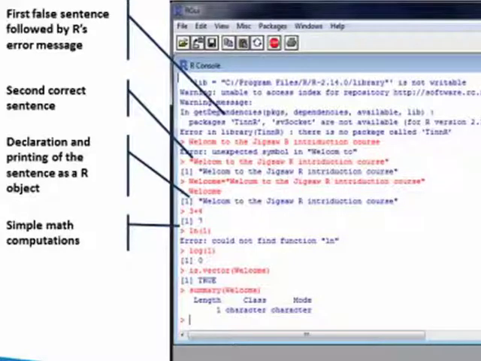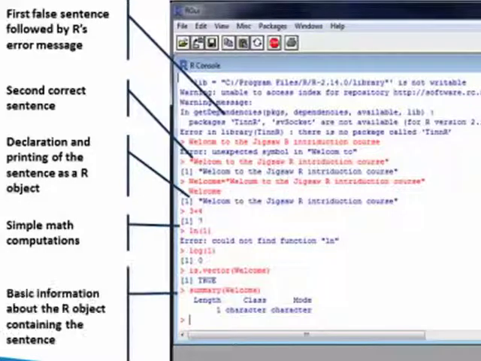R will return the value of the sum, which is the number 7. If you want to calculate the log of 1, you can do that as well. You can type in log brackets 1. If you type in ln brackets 1, that will give an error because R does not recognize this function, but log 1 will give you a value of 0.